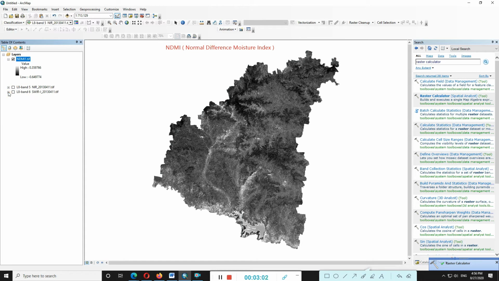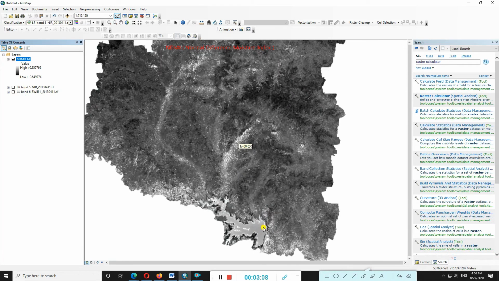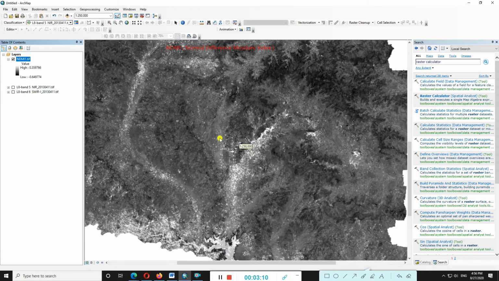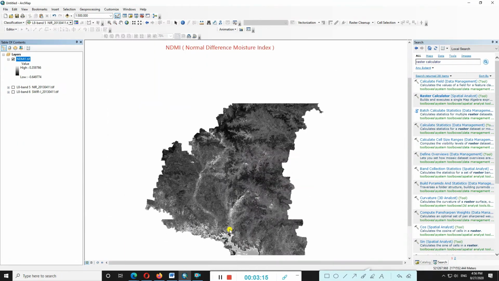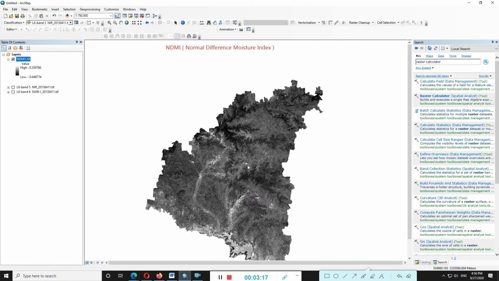Okay, so we uncheck band number 5 and band number 6. Now we are looking at the moisture content.